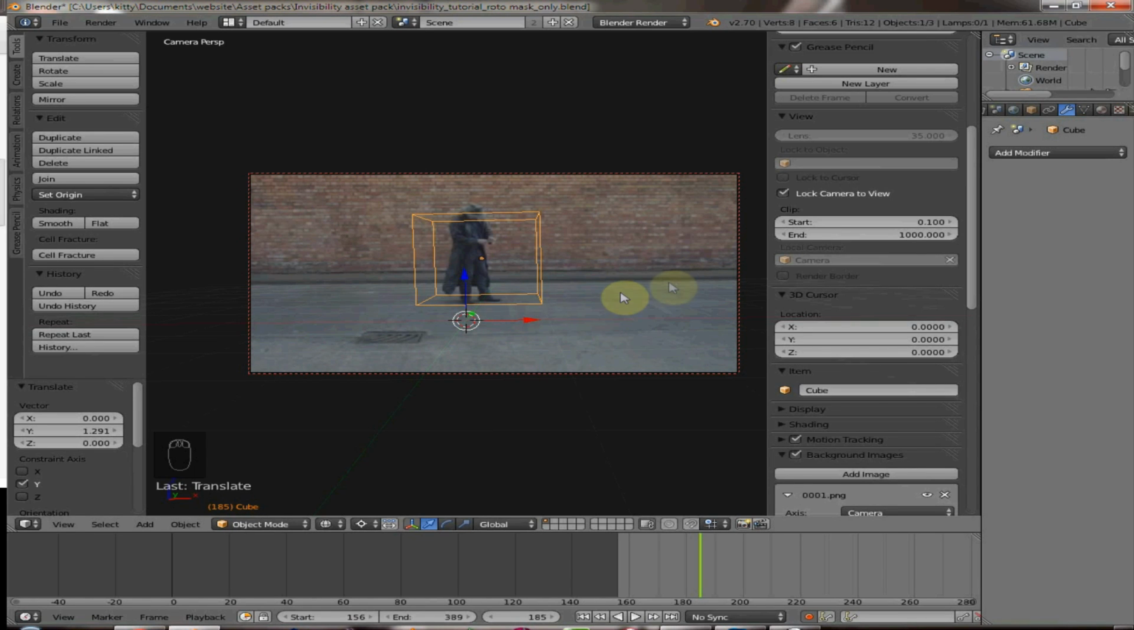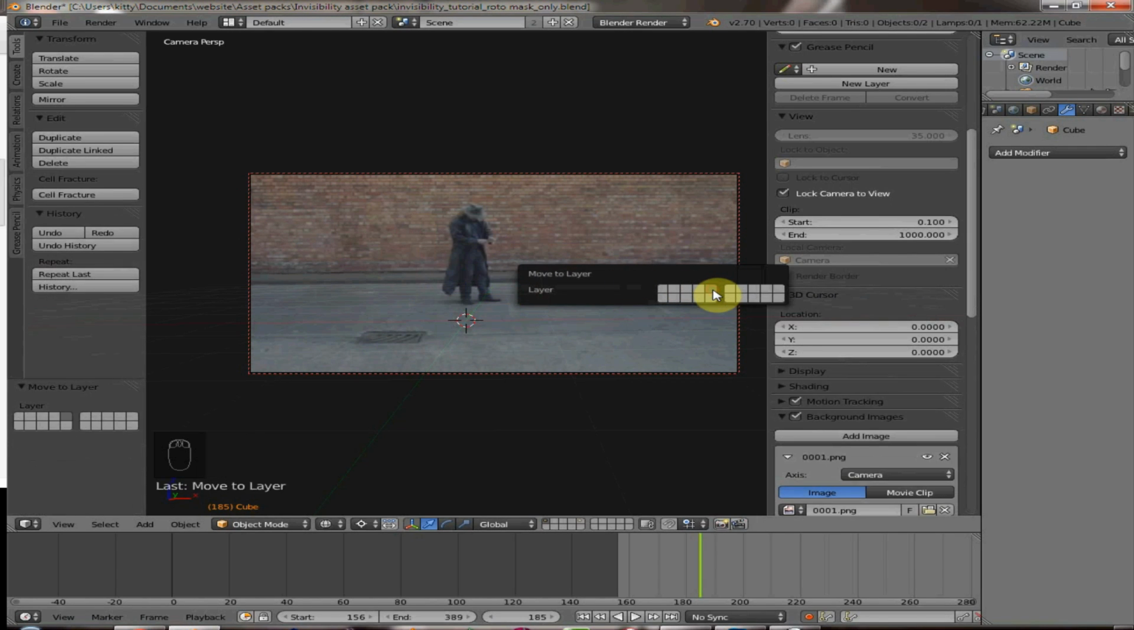Now we need to set up for our scene. The cube is kind of superfluous now, so we'll actually move it to a new layer because we might use it later. So press M and stick it on layer 5, which is at the end of the layer tabs, and you can see it down here now. We just click back to